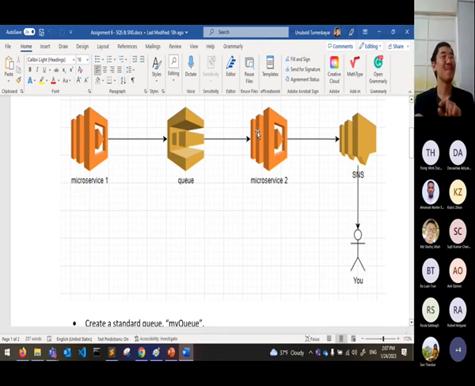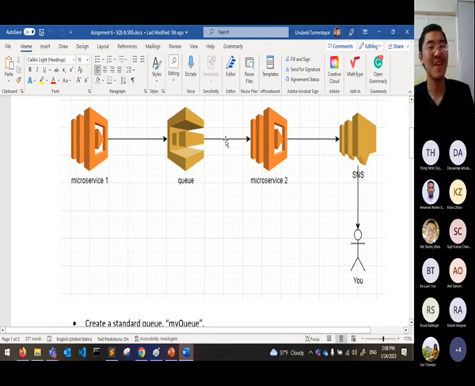In the diagram, if you have a Java application, a non-Lambda application, then it listens to a queue. But since Lambda is event driven, AWS can trigger Lambda because it's managed by AWS. Okay, so basically it's still okay. The arrow is pointing to microservice 2, but the idea is still